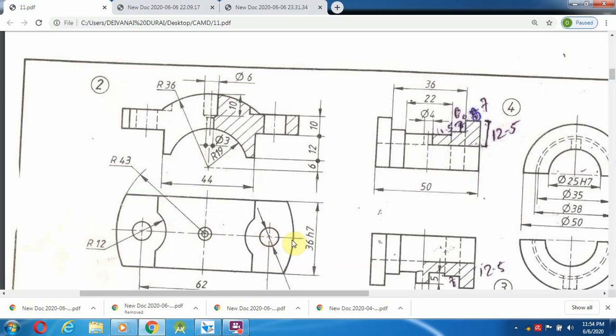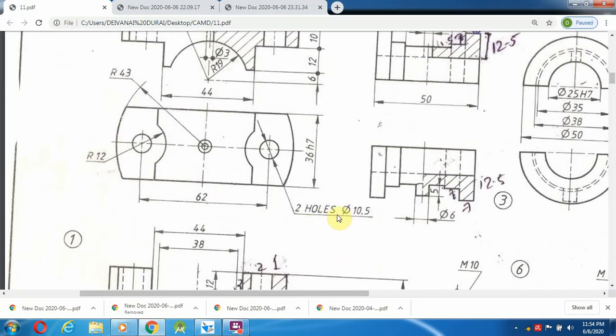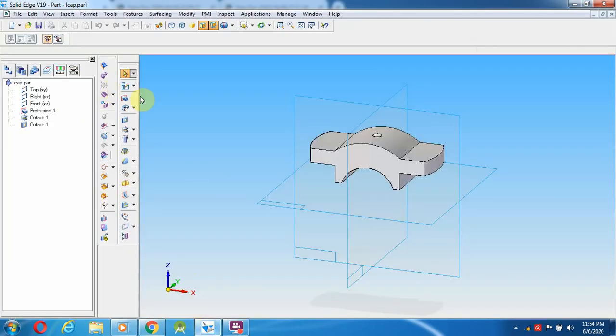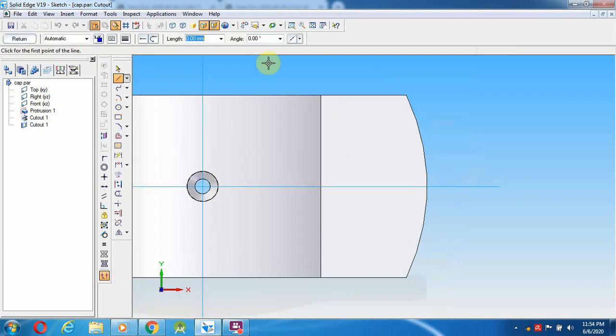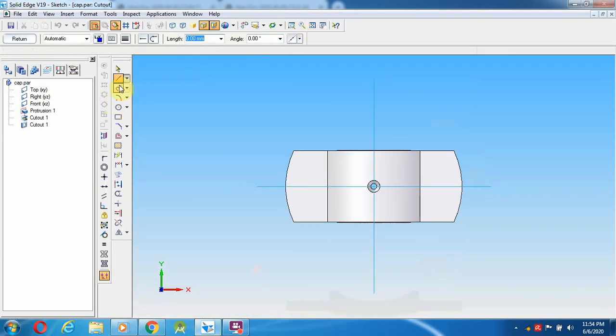Then for the two holes of 10.5 mm, with a 62 mm distance, go to cutout on the top. Give fit, select a line from the middle to 31 mm from this end, and again 62 mm from here.